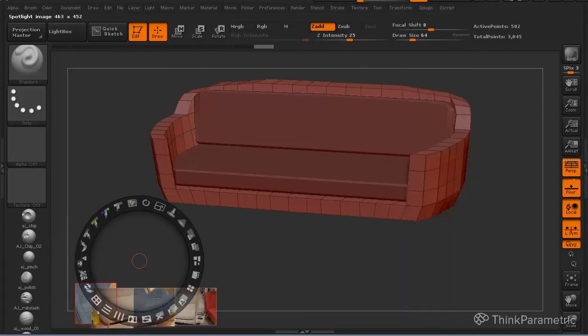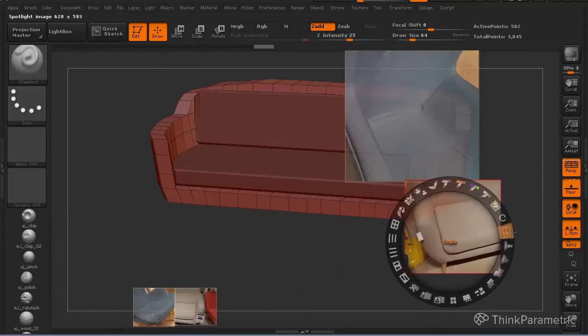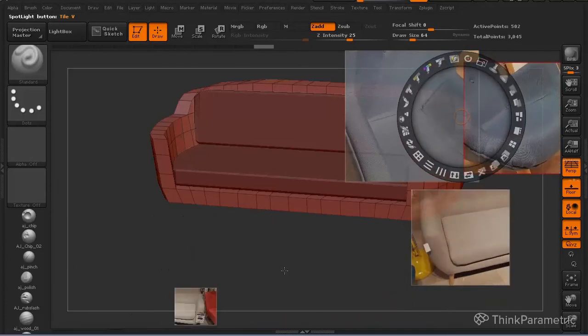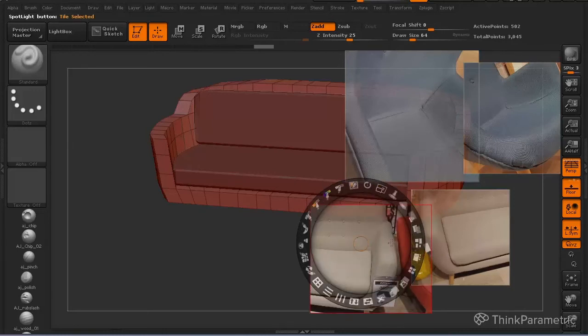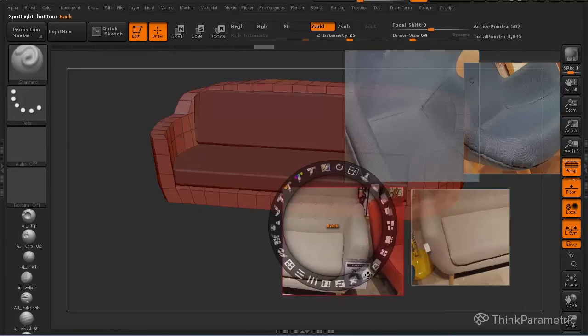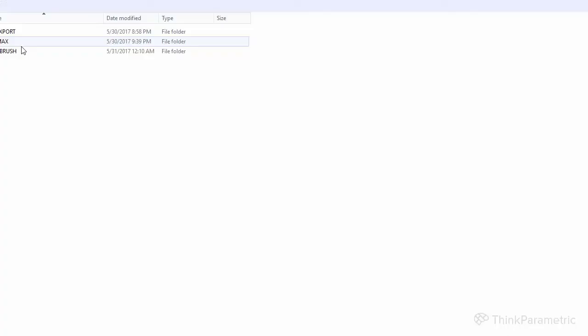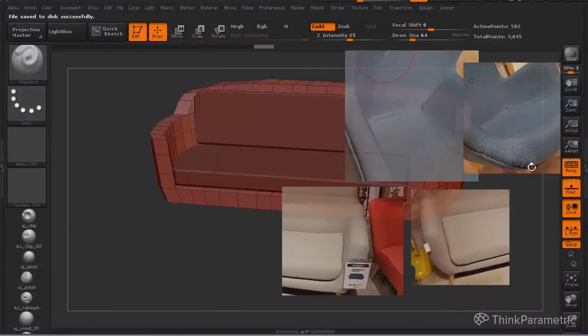With this, the size and position of your references will be saved. So let's say we want this arrangement of the images. We can save the spotlight just like this. We're going to name our spotlight reference sofa reference. And next time you start using the spotlight again, the position of everything is going to be saved.